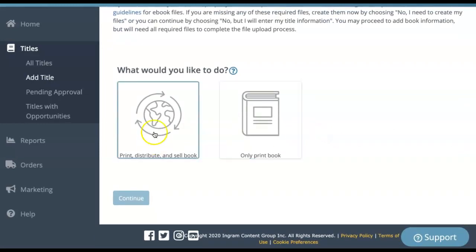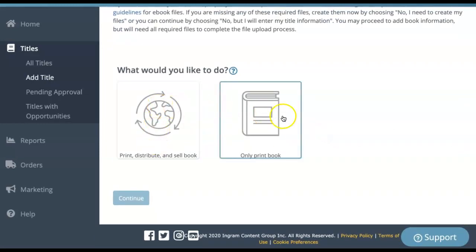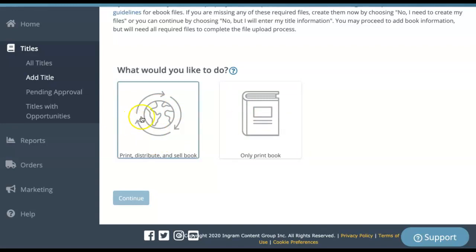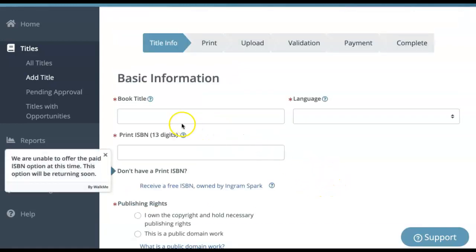Now, with this question, it's basically asking you, are you loading your book so that you can access it yourself and print and order copies, or are you ready to go ahead and distribute? Well, we want to go with that option because we do indeed want to do that. Okay. So what this is telling you is normally